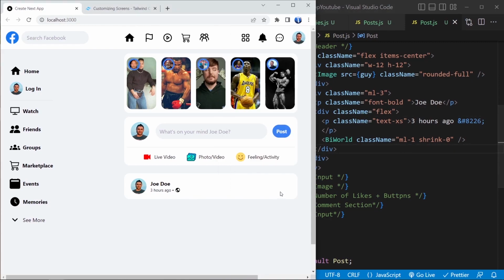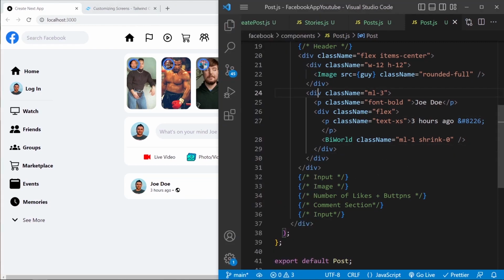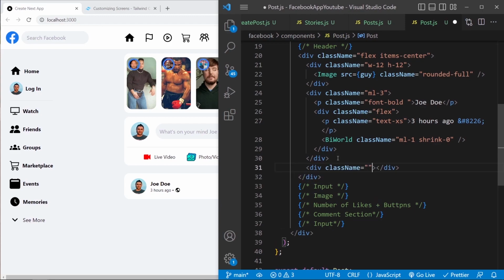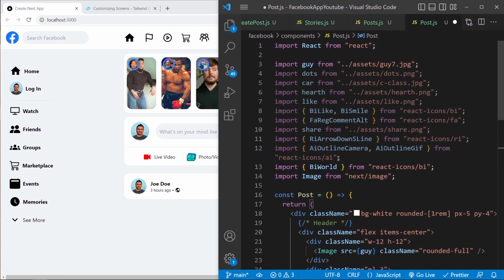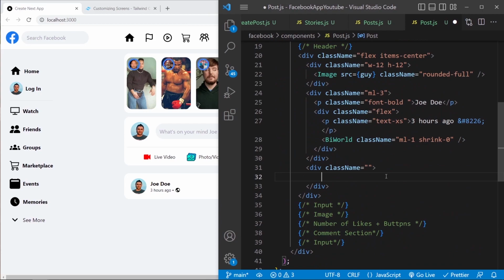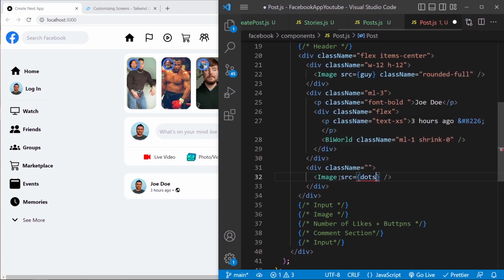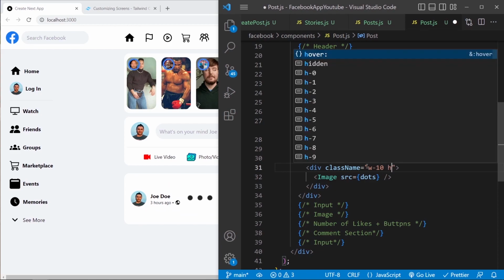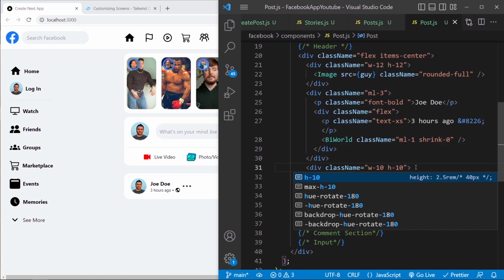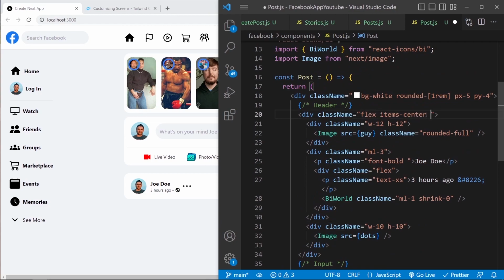We're gonna have the 3 dots at the end, so right here. So to do this, I'm gonna create a div, and inside this div I have the dots. Where are the dots? Heart dots. Okay, so this one, it's an image, so I'm gonna create an image component. I'm gonna say source, and the dots inside, they are way too big. I'm gonna say width 10, height 10, flex item center, let's say justify between,